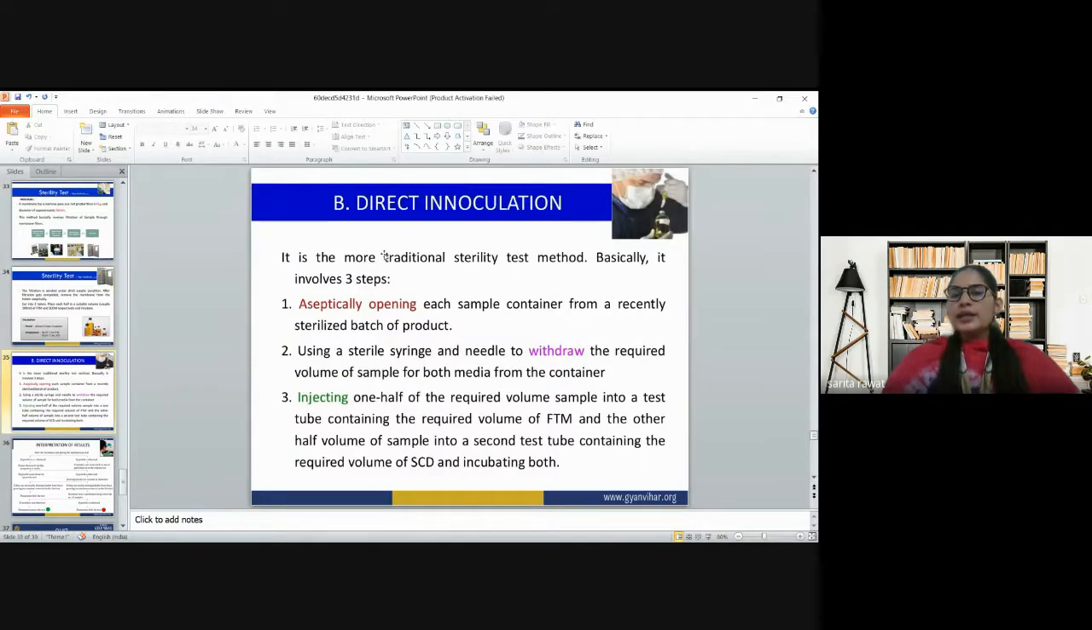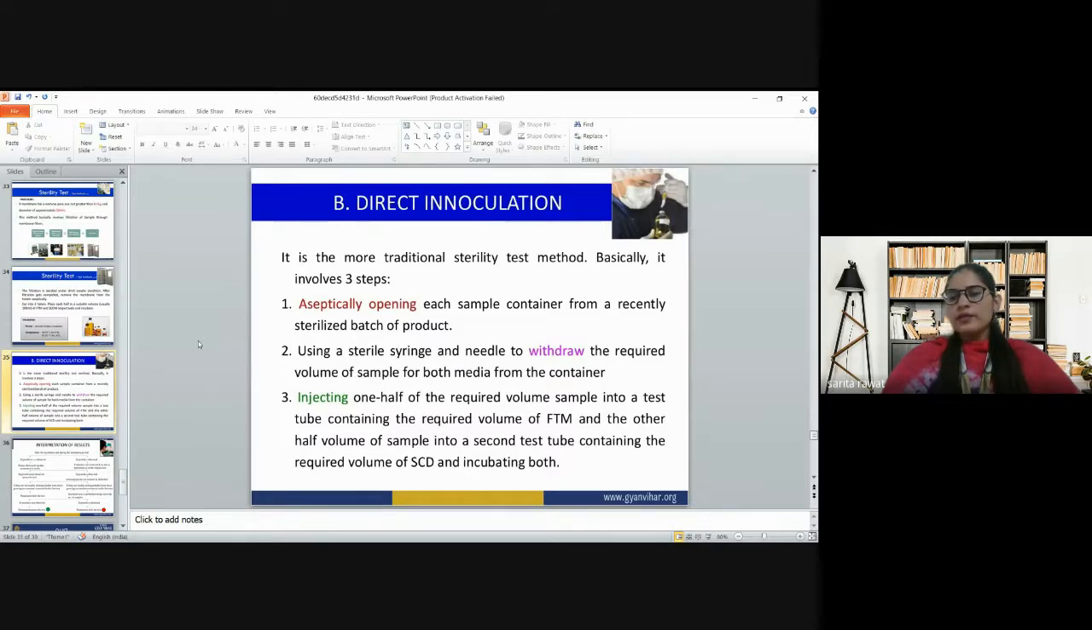Now, the direct inoculation method. It is the more traditional sterility test method. Basically, it involves 3 steps. The first step is aseptically opening each sample container from a recently sterilized batch of the product and using a sterilized syringe and needle to